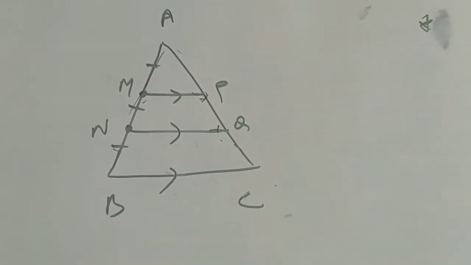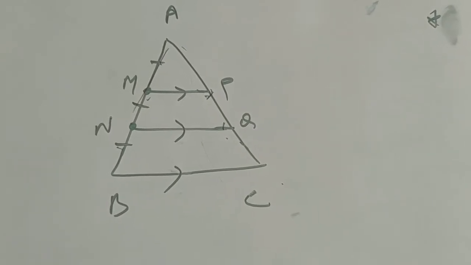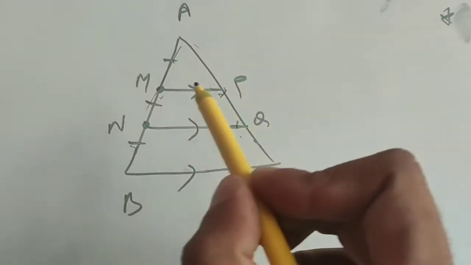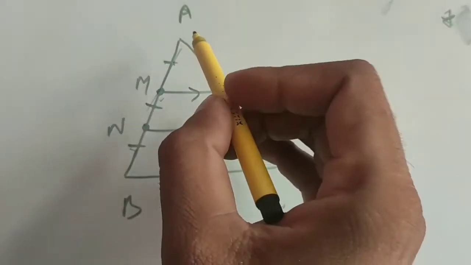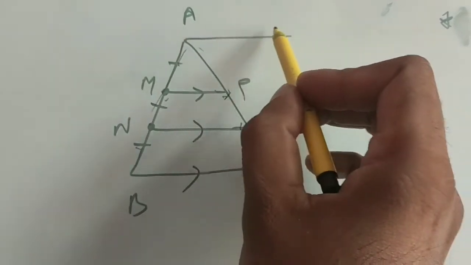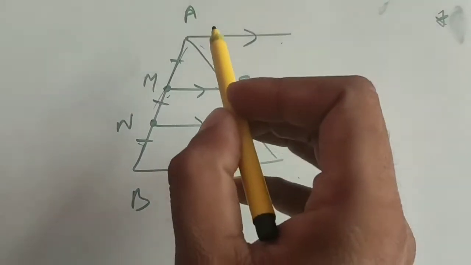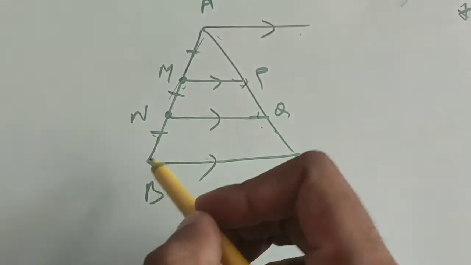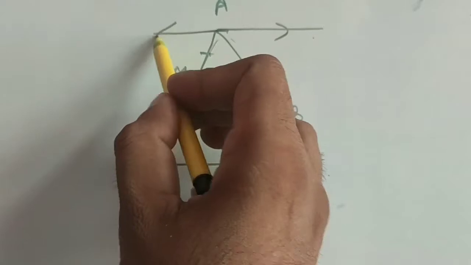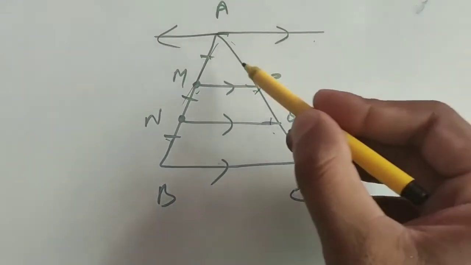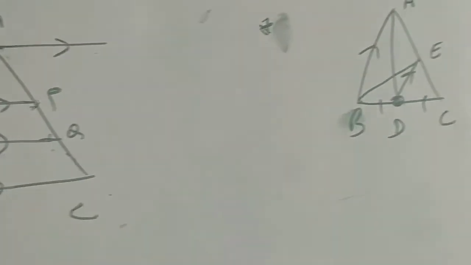So again we will apply the intercept theorem, because by intercept theorem we know that if there are more than two parallel lines, you can also make a construction here like this. So if this line is also parallel, and they make equal intercepts, then it will have equal intercepts on the other side also. So these parts will be equal. Simple. By using intercept theorem we can do it.